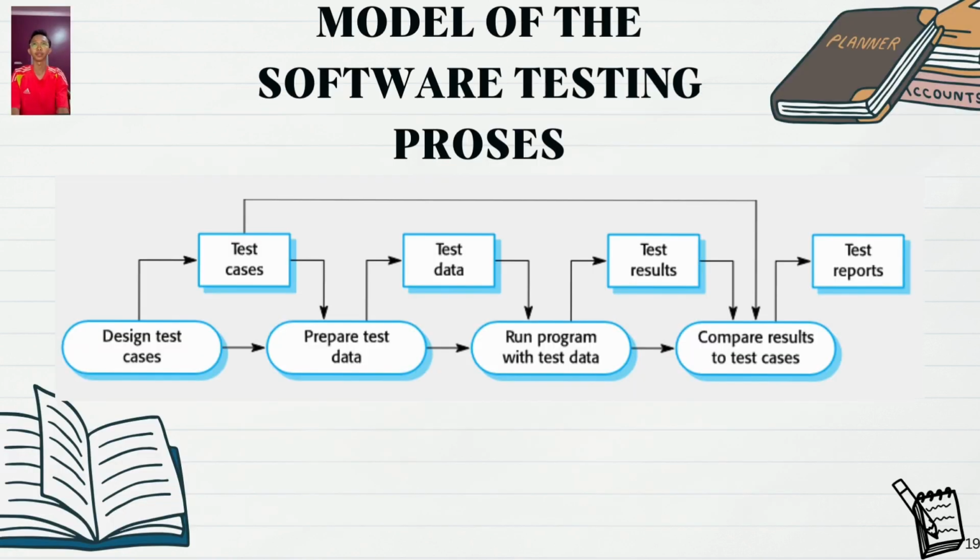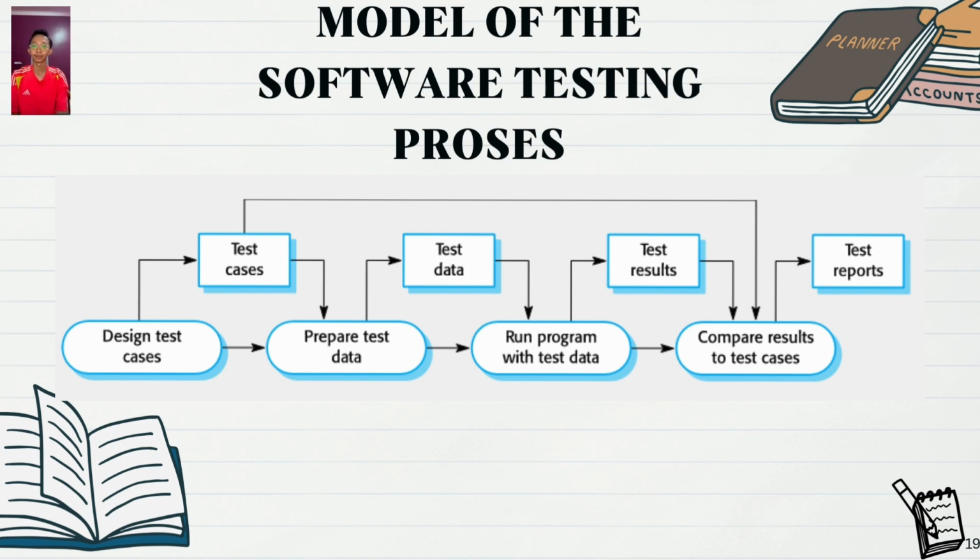Okay, for the model of the software testing process, we have four circles: first test case, test data, test result, and test report. The first circle is to design test cases, and then we go to prepare test data. For test data, we prepare the test data and then run the program with the test data. And then for test result, we run the program with the test data, and then we compare the result with the test case. And then last,